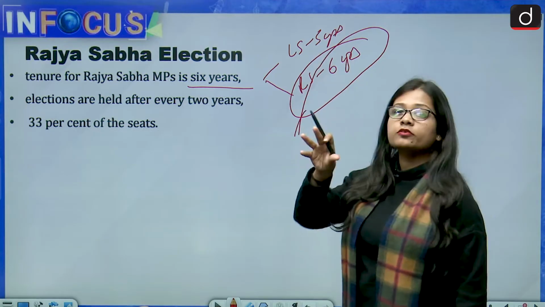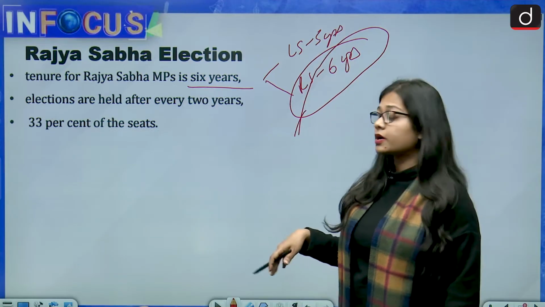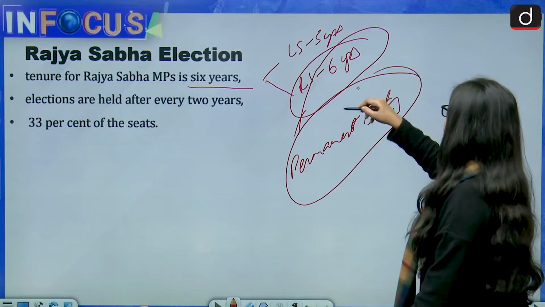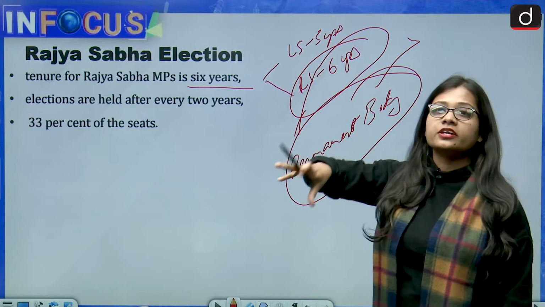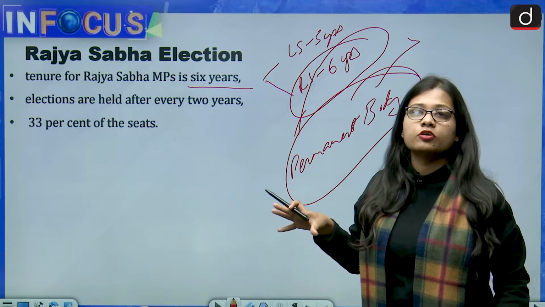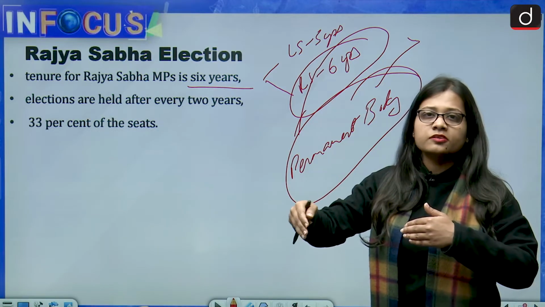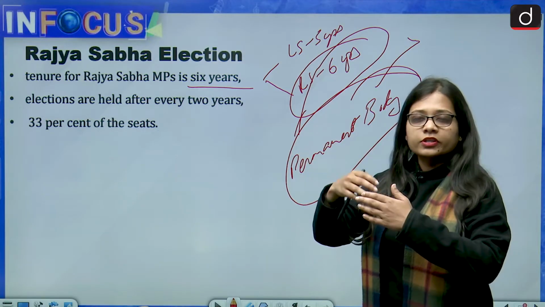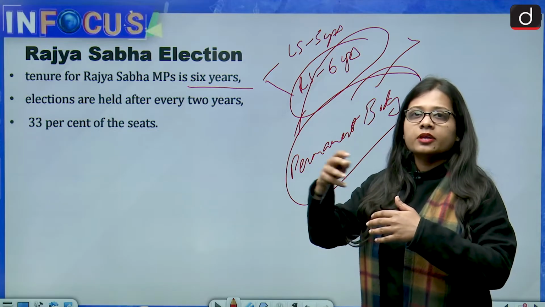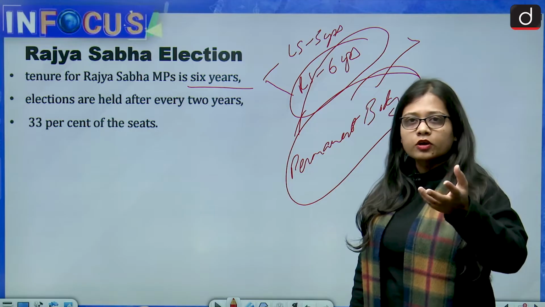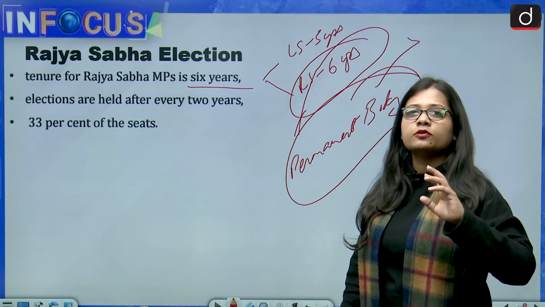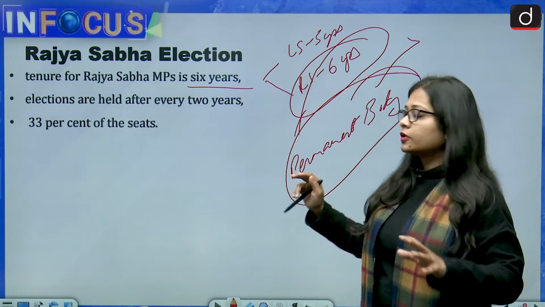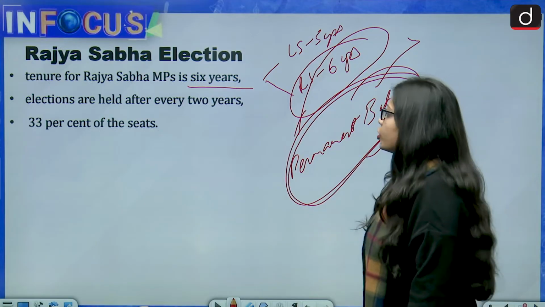If we talk specifically about the difference between Lok Sabha and Rajya Sabha, Rajya Sabha is a permanent body. It is a permanent body because, unlike the Lok Sabha, it does not get dissolved. The dissolution of the Rajya Sabha does not take place. The tenure is 6 years, but after every 2 years, 1/3 of the members get elected. So 1/3 of the members move out and the same number of members move in. Because of this process, it is a permanent body which keeps on working. It is not like Lok Sabha, which after 5 years gets dissolved.